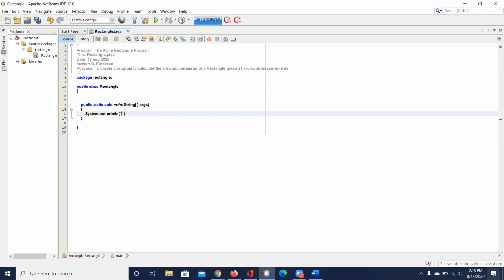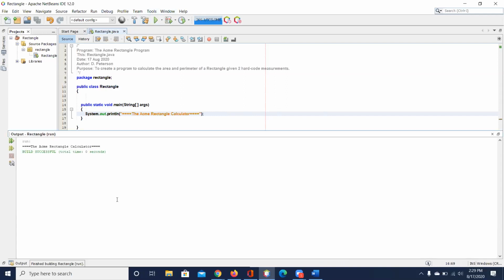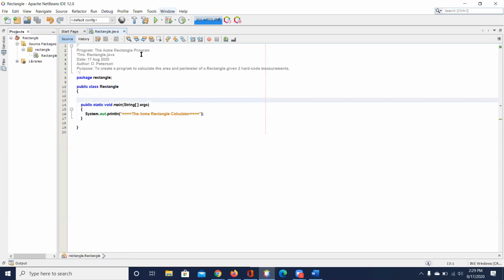So I'm going to just put something like the Acme rectangle calculator. Again, I'm trying to make it user-friendly more than what you really need. And then each statement ends in a semicolon, like that. So now if I was to run this, you can see it says the Acme rectangle calculator there.